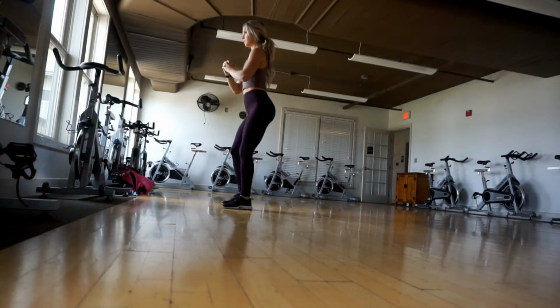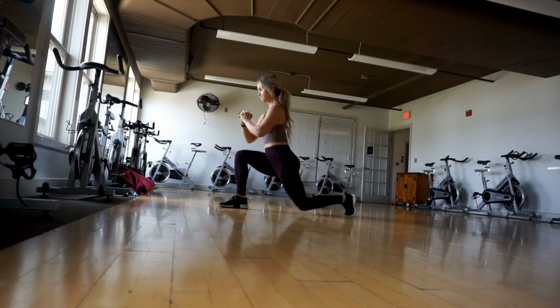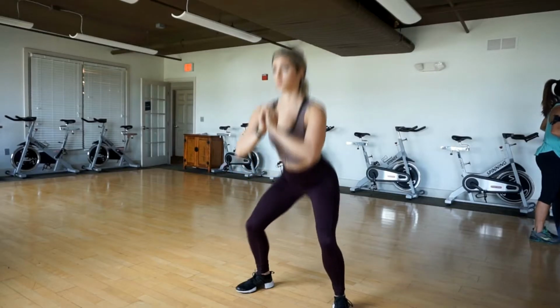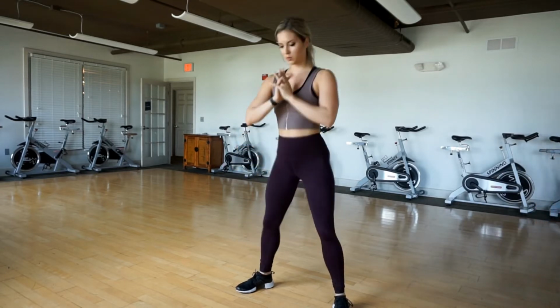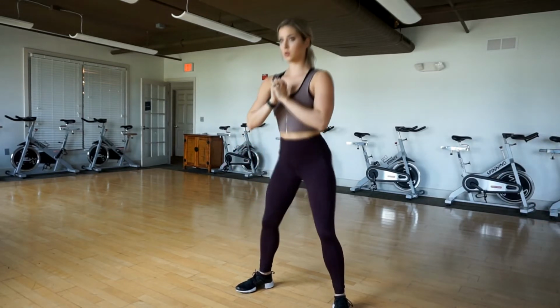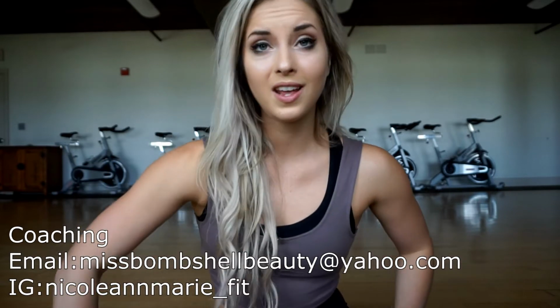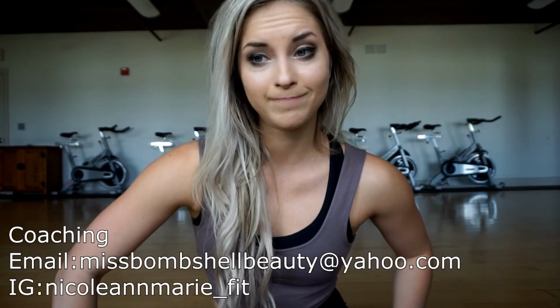All right, so for today's workout, I like to start out with a warm-up. So walking lunges is really great. You can also just do standing squats. This is going to help warm up your quads, your hamstrings, and your glutes. I'm doing no weight here. You can always add in some weight later on, but unweighted, just trying to go a little bit lighter today, but still get a good glute workout, because trust me, this is gonna kill your booty and you're gonna make